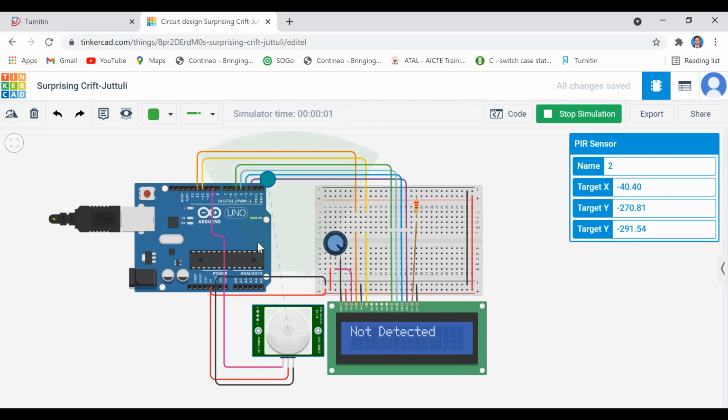Just click on the PIR sensor. The object should be within the range. If it is within the range, you can see that motion is detected. If it is out of range, you can see that motion is not detected.